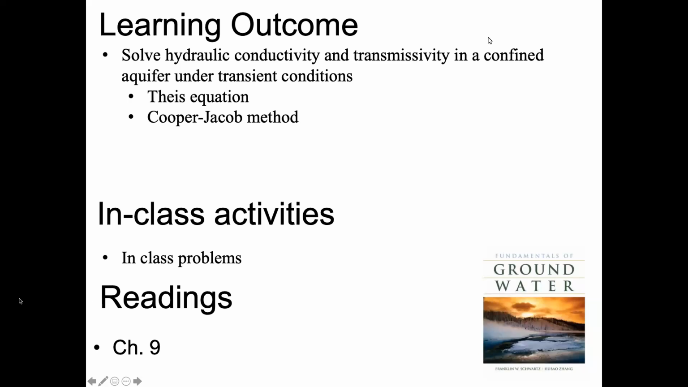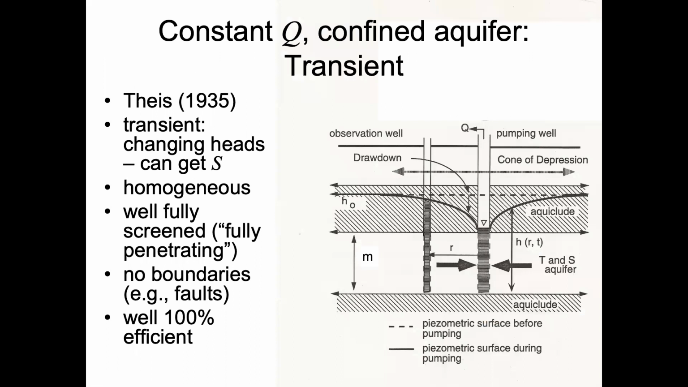Hi, everyone. So we're going to continue today to be able to get estimates of hydraulic conductivity and transmissivity, as well as storativity of our aquifer systems, specifically confined systems. And we're going to work on two equations or two methods that we can do this under transient conditions. So let's move on. So the first one is we're going to be working with what's called the Theis method